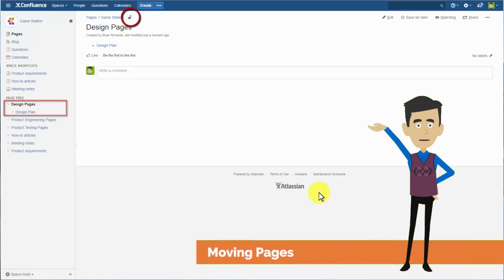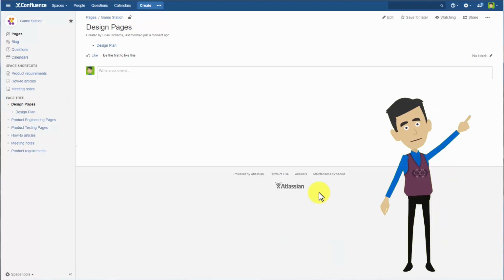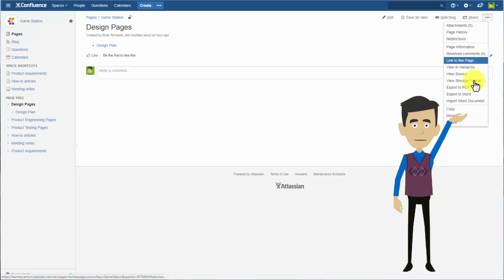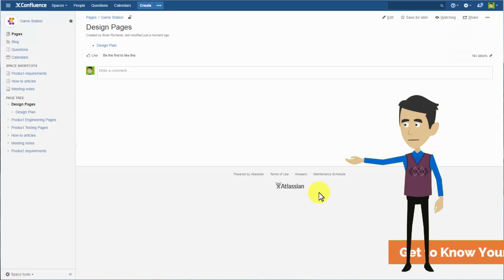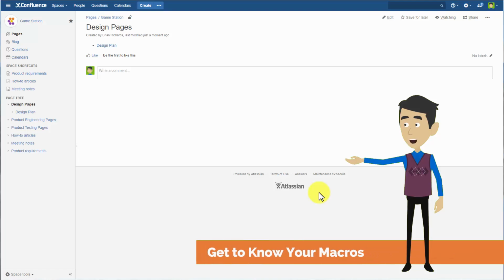You can also move groups of pages this way, in just a few clicks, to a different location or even to a different space. On the Page drop-down menu on the right of the page is the Move option. By simply moving the parent page, all of the child pages, nested underneath, will also move to the new location, along with the parent. Before we finish, let's edit the page and explore what other macros are available by clicking